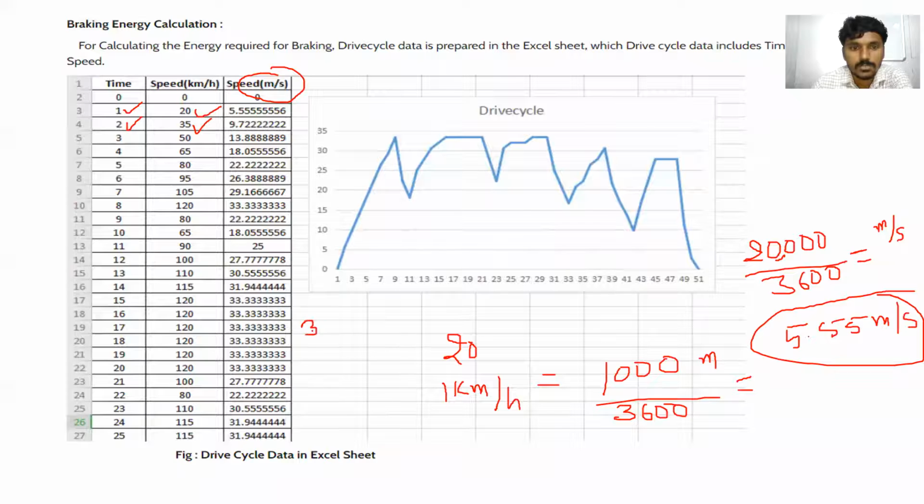So that is equal to 35,000 divided by 3,600.